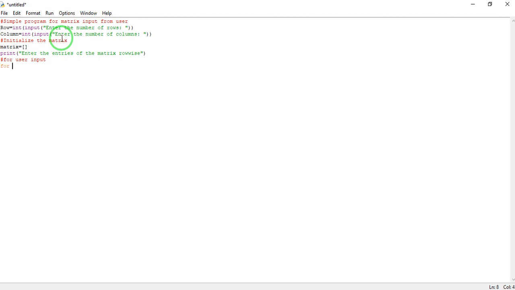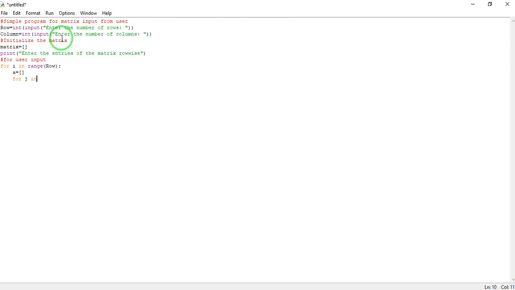So for i in, we have seen how to use range. So range of row, and these two dots. So we will use the range of the row, and we will enter that entry in this A. Okay, and then for, we'll see how append will work.